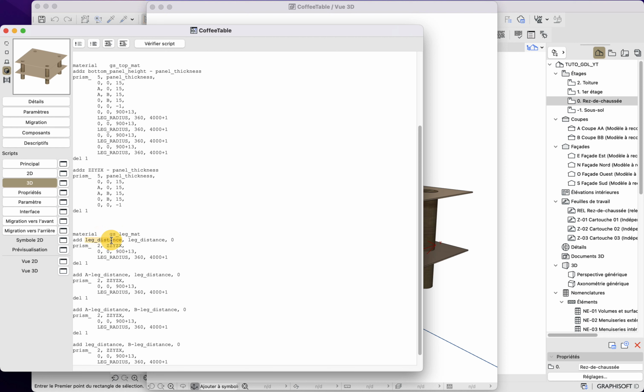The only thing I will do is use the actual 2D transformation in order to position the cuts properly. So here it will be leg distance. This one will be A minus, sorry, A minus, minus, and B minus, like this, and finally this one will be leg distance, and this one will be minus leg distance.